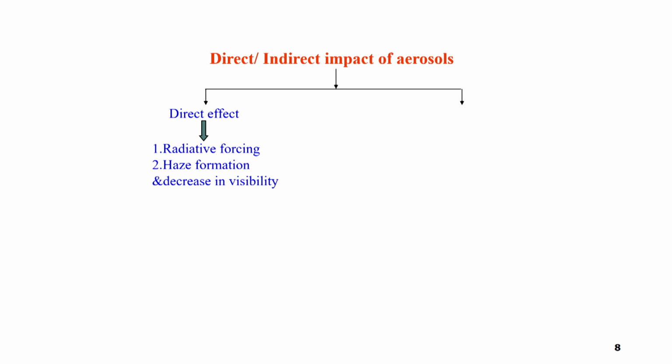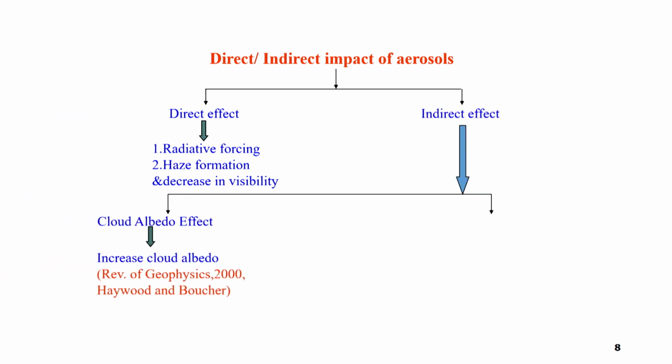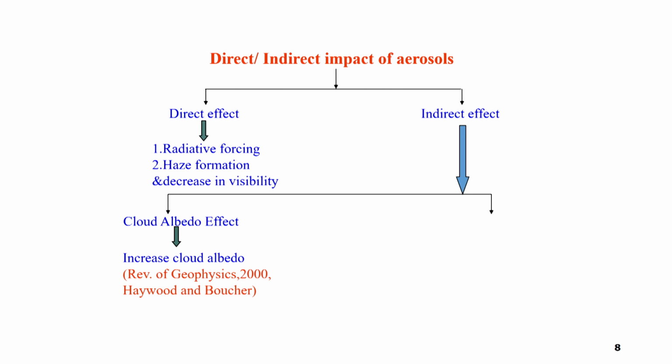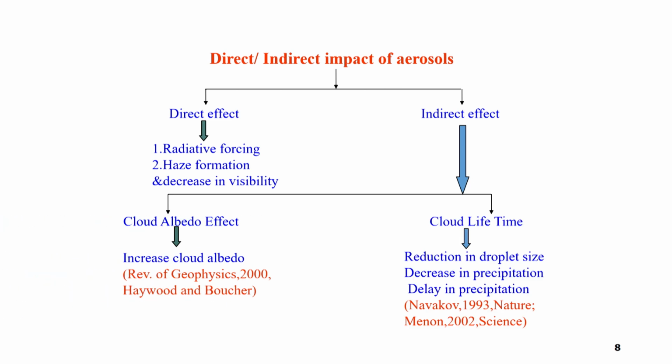And then when you have a high degree of haze formation, the visibility reduces significantly. And when visibility reduces significantly, for your trains, flights, or if you are driving, you have to be very careful. Several times the trains are cancelled, or the flights are cancelled. And then the indirect effect is usually taken in two ways. Indirect means when we are not able to see it, but through science we can understand these impacts, right.